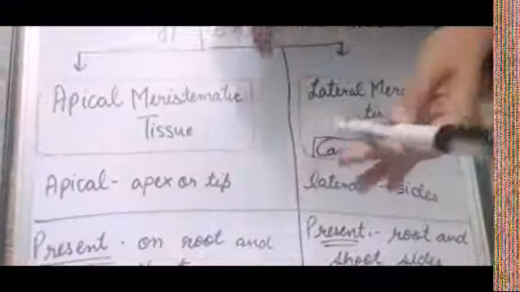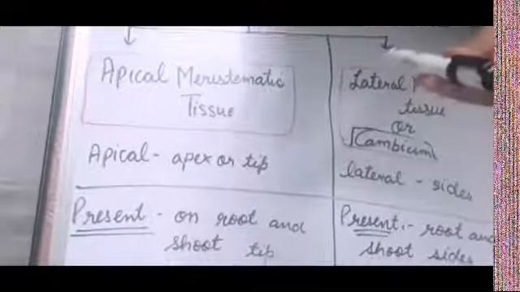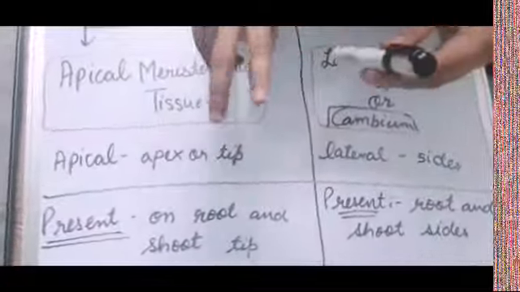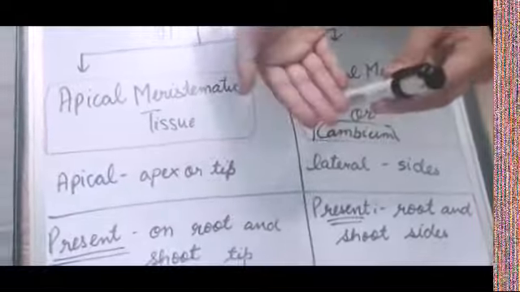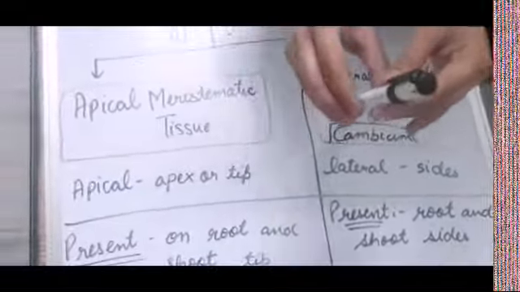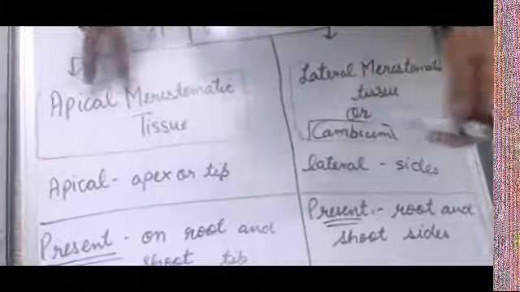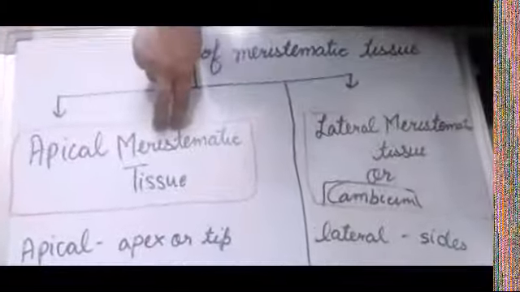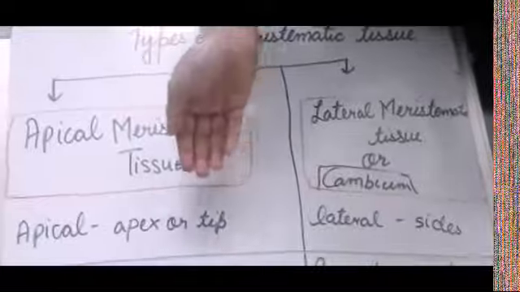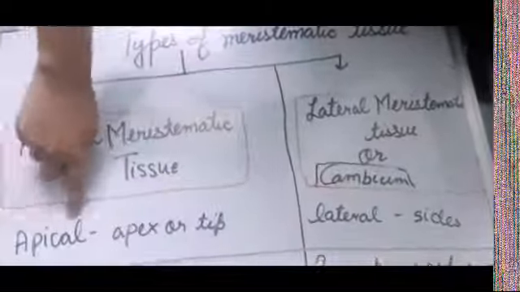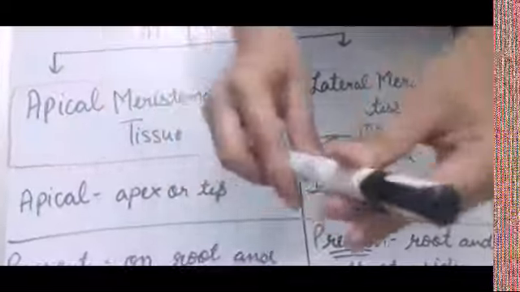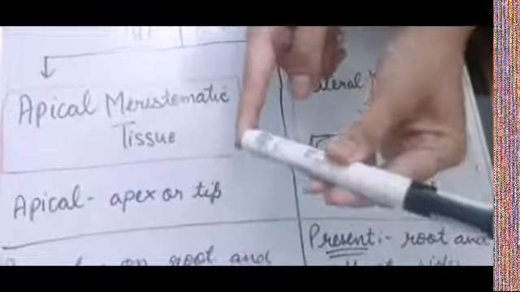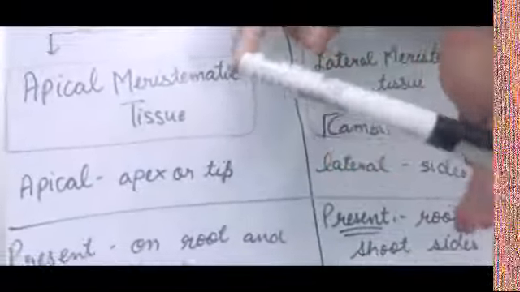Earlier I told you, suppose imagine this is a plant. The meristematic tissue is having two functions or two works. It will increase the length of the plant in the upward direction, in the downward direction, and also on the sides. So apical meristematic tissue is having a function that it will increase the length of the plant. The word apical means apex or the tip. For example, if this is the, just see this marker, this tip and this tip is called the apex. Here these two are called the apex.